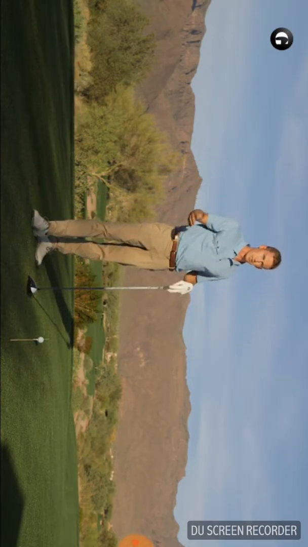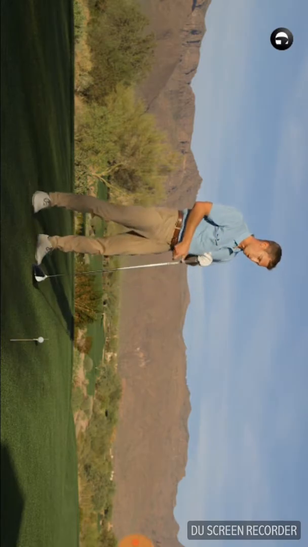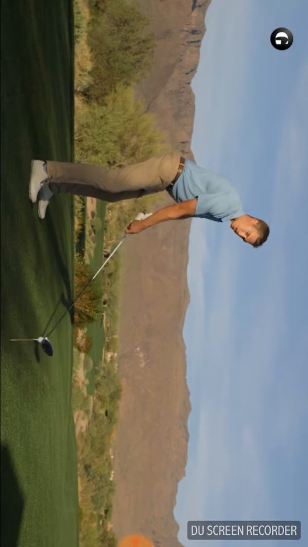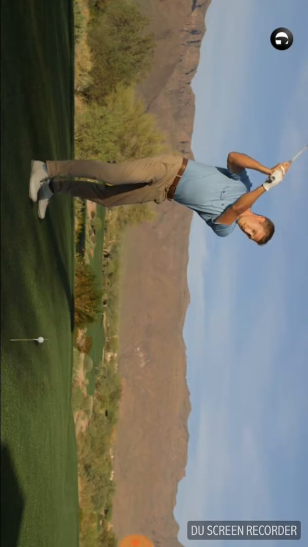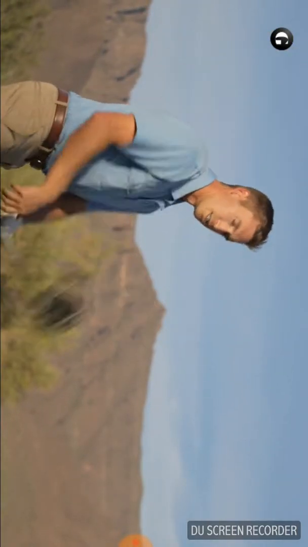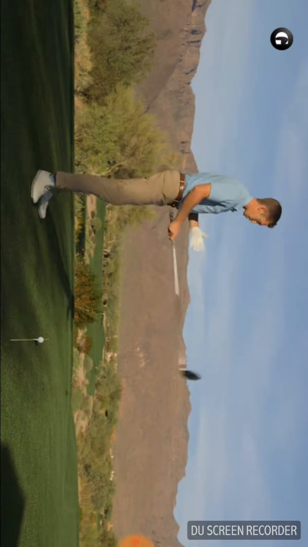Now how do we control this? What are the key factors that enable us to do this? Where I see people getting into trouble are two things. Generally it's all body related, and when they get over the top, it's from the upper body, starting down first and opening up early. This move right here, this aggressive move, is going to cause the club head to get outside the target line, and then swing back inside the target line, causing a left to right shot or a